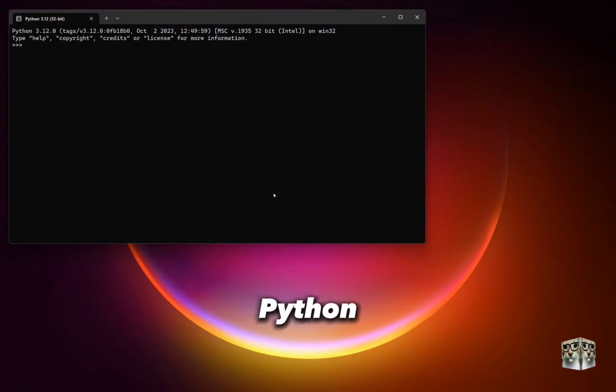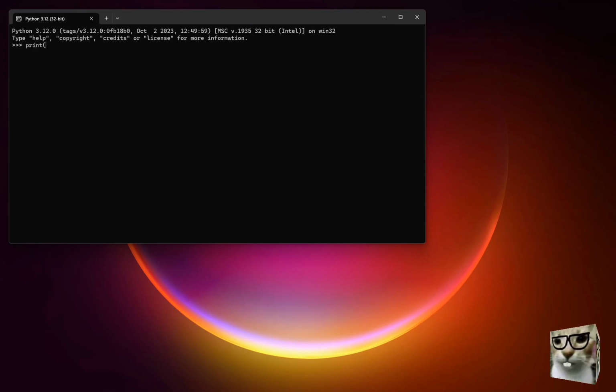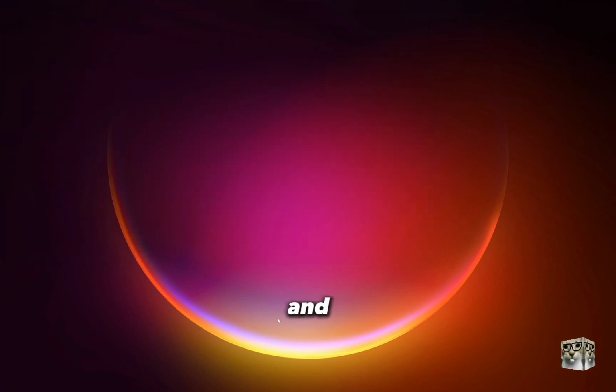So we're in Python, and let's print out something. Print hello mom. So it'll generate what you write in the print. So let's close it, and